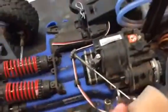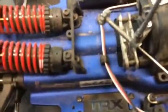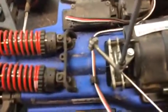So you want to turn your model over, and now for the top, you could go ahead and move the air filter out of the way, and then for the top all you need to do is take this screw right here which connects the linkage to the brake cam, and this is also a 2.0 wrench. You take this screw off,